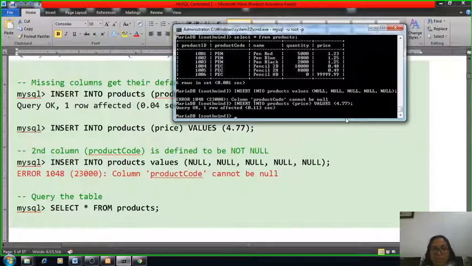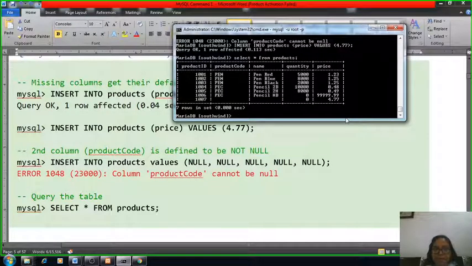So what happens, it will be inserted. Okay, let's see what happens. The product ID is automatically increased, that is 1007. The product code is a space, because we set its default value as null or space, it is again a space. Then quantity is the default value 0 and the price is 4.77.